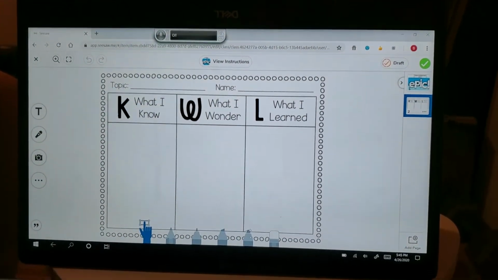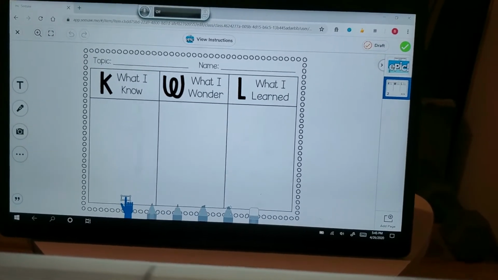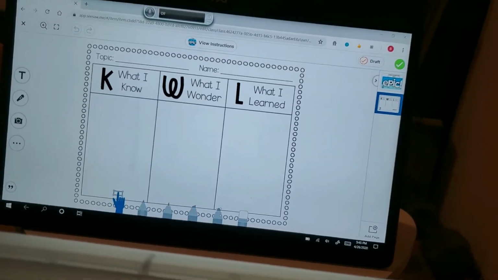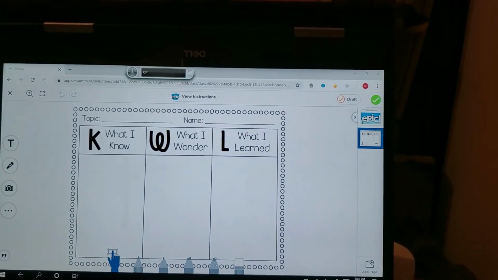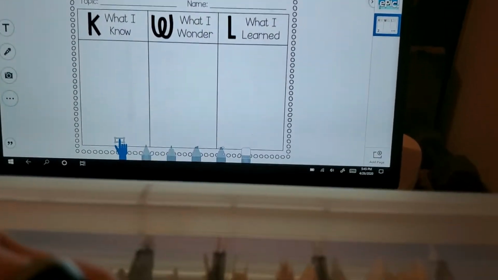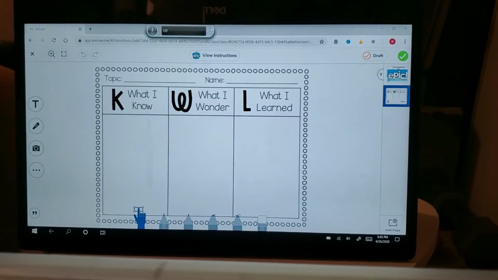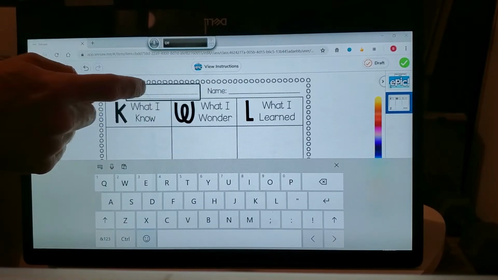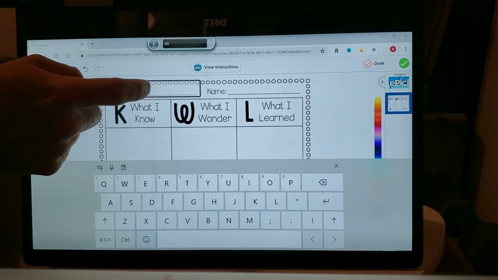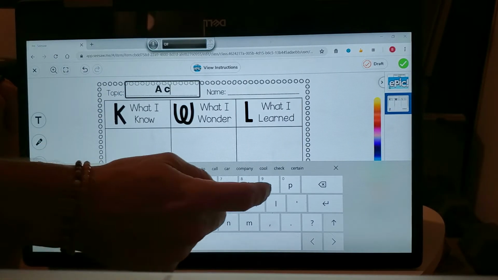Now, there's a couple of spaces up at the top for you to do some things, all right? First thing it's going to ask you is what your topic was. The topic is what your book is about, and it's usually used from your title. So, what I want you guys to do is use your text tool right here and add in your topic, okay? Your topic was a carpenter